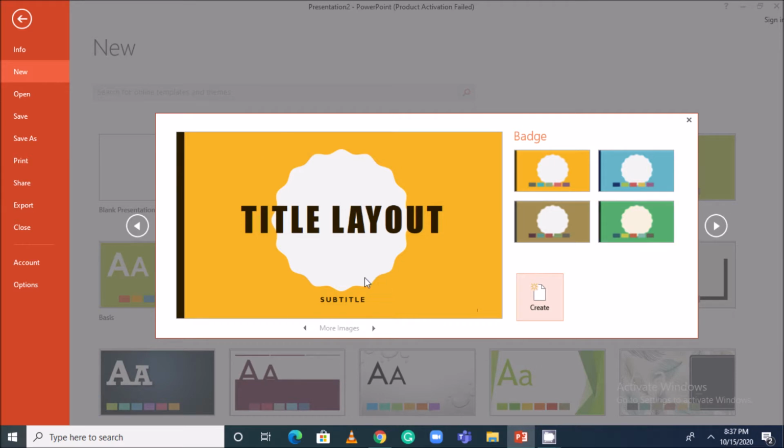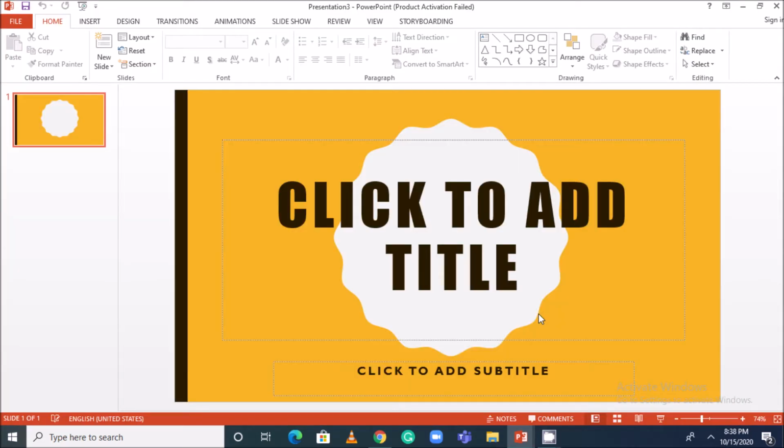So after that you can see the design properly here, some other colors. So you can click on the create button. Then you can open your template or theme. Then here advantage of this template or theme, you can save your designing time. No need to spend lot of time to design this presentation. Already they have designed. Only thing is using these text boxes you can type your own text.